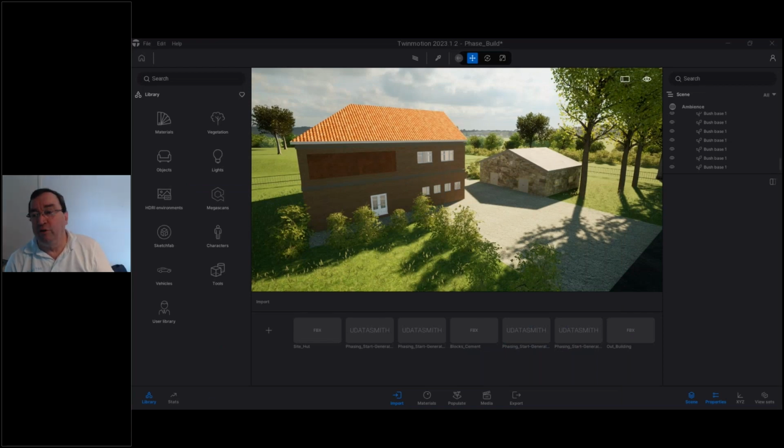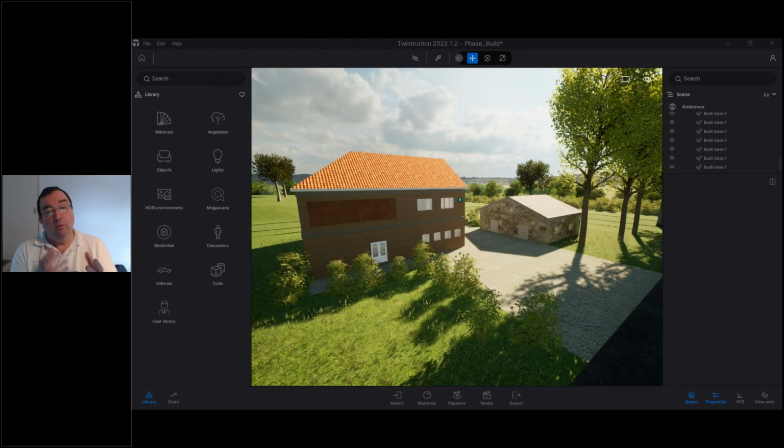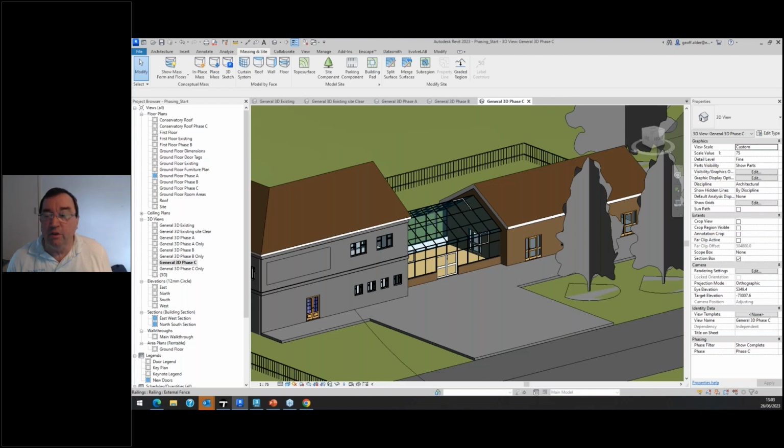Here, I've got a little project that I use in my training on Revit. When I work with Revit, what we have is phasing in Revit. Revit has its own phasing. At the moment, you can see my view of a Twinmotion scene, which is essentially a building here, and there's an outbuilding and a little bit of foliage around, which is basically where I would start my project. But if I jump back into Revit for a second,